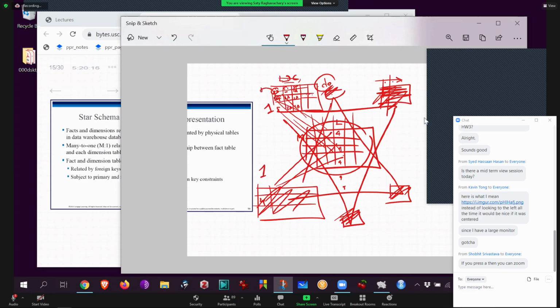Meaning there's no hierarchy. It doesn't keep going. There's only one level of star. So the star is like this. That has everything that you ever need to know about it. It's all in one place. Very denormalized, like lots of data, okay? And then a single cell can point to all those. In fact, it's the other way around. One of them can point to many cells. They all can point to many cells. Again, it's one to many. Okay, so that is what a star was.